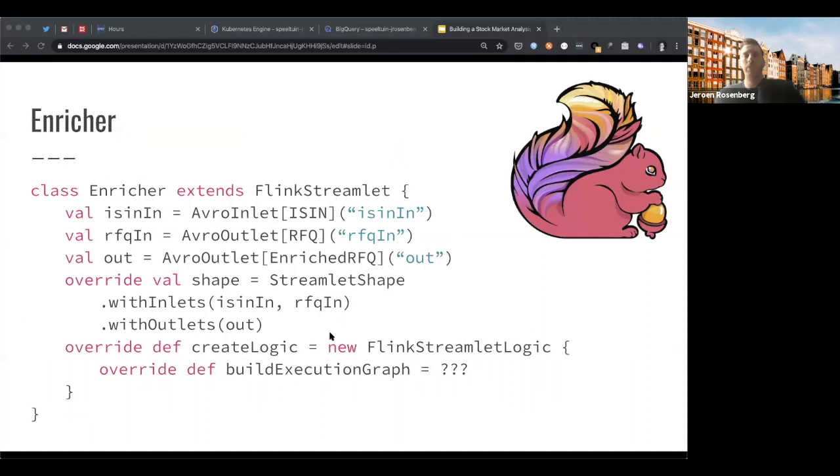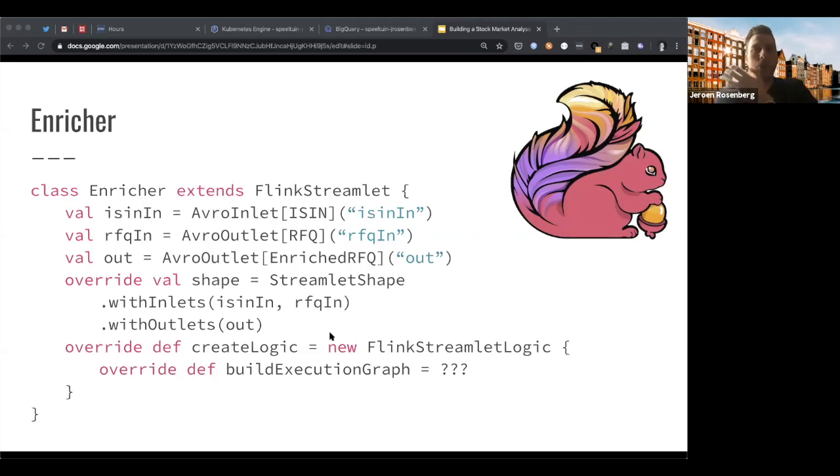And for this streamlet, so far we only used Akka Streams, but for this streamlet, we're better off using the Flink runtime. So this is again a benefit from Cloudflow. As I mentioned, sometimes a different framework just fits a little better. We have the freedom to do that. So in this case, I'm going to use Flink because